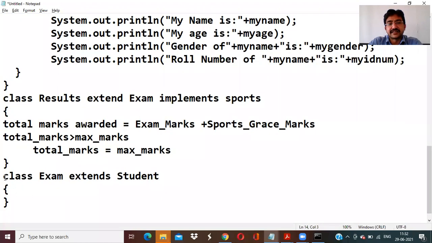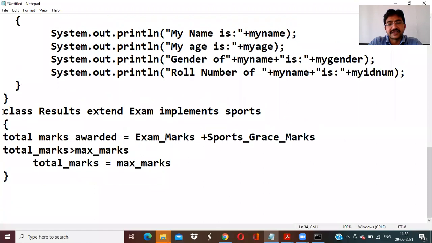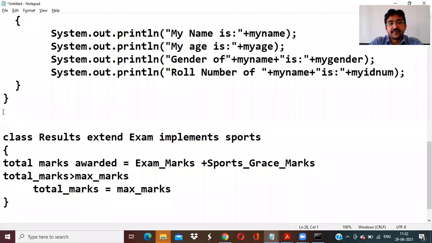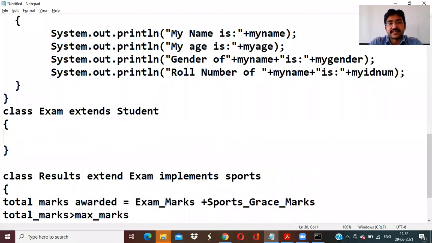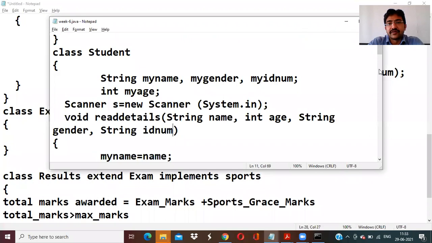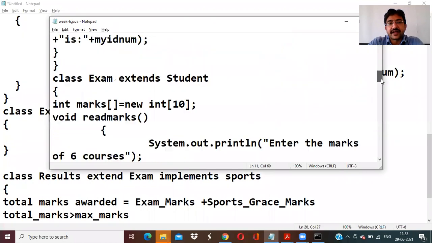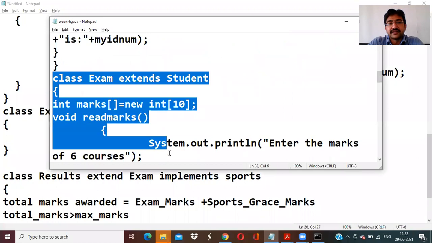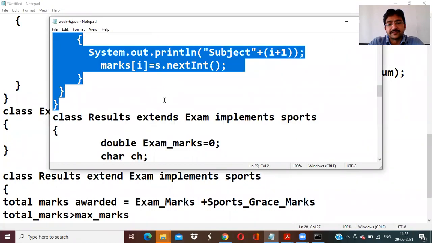Which is extending this class: exam extends. This is another class. So in exam, for what purpose are we writing the exam? For getting the marks. So we have to read how many courses' marks there are, the total marks we are going to be reading. So why are we extending the student? As per the aim, we need to extend the student class, and we have to extend it as exam. Exam is a child class and student is a parent class here. That's what they are saying in the aim, right? So for that purpose, we are accessing the n number of courses' marks over here.